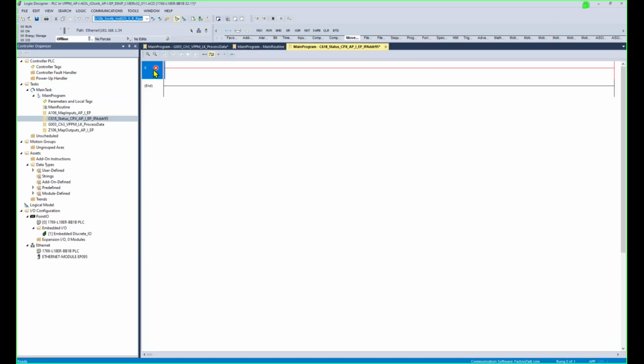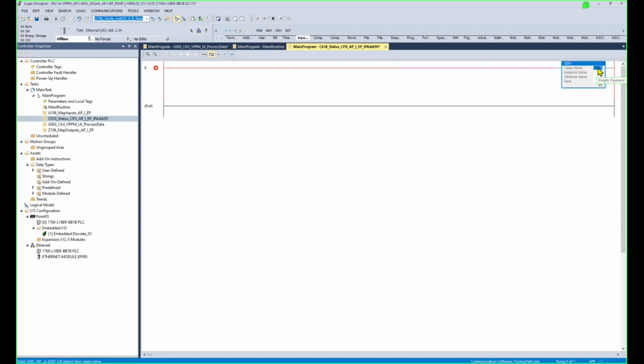We're going to add a get system value, which is a Rockwell feature, and I believe that is under input, this one or this one. Where is it? Right here. So get system value, and we're going to have module. Instance name is going to be the module of this module right here. Attribute name is going to be fault code, and the destination is going to be